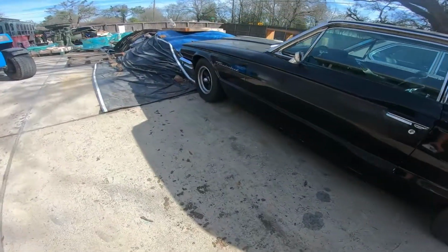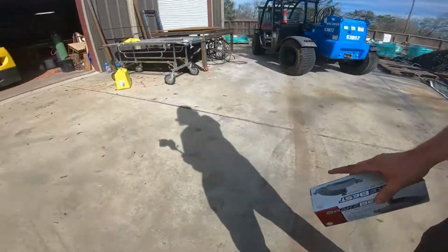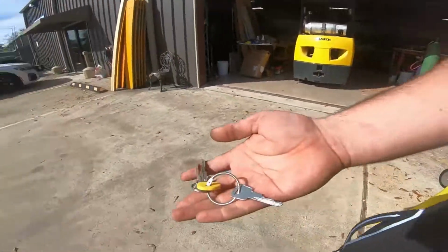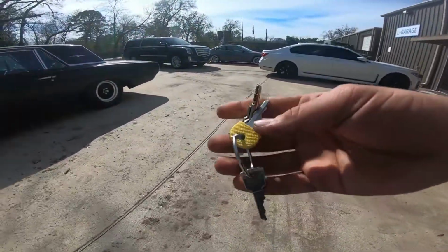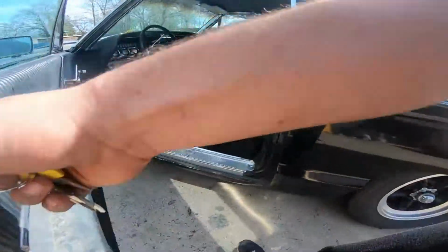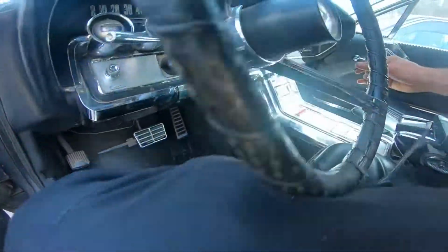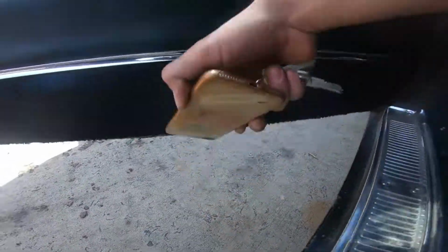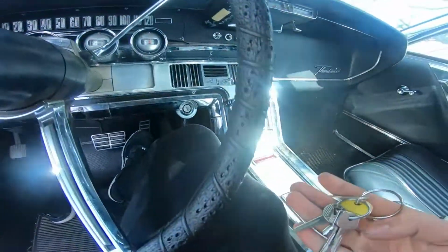We're gonna go ahead and move this car over here so we can go ahead and install the brake pads. The key. Old school. Very old school. Each store has a different key. It's pretty cool. Oops, I got my phone. But so this thing,